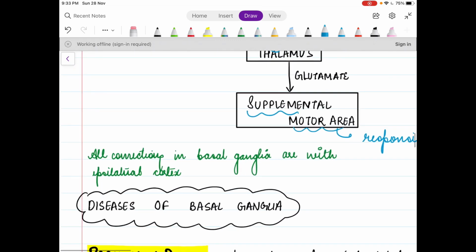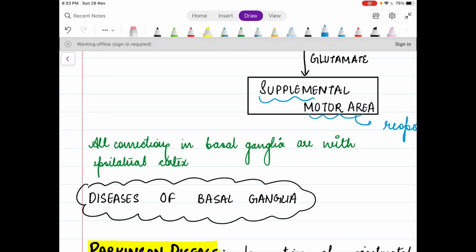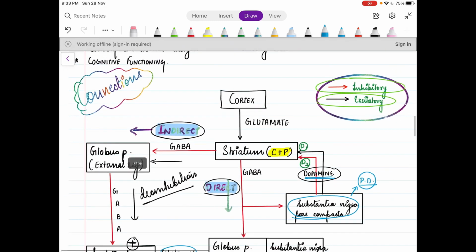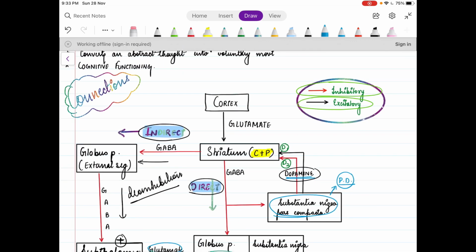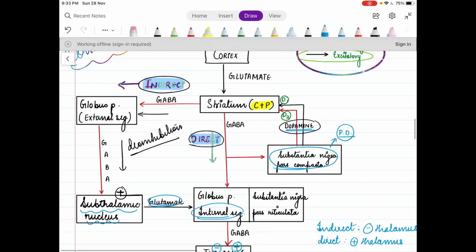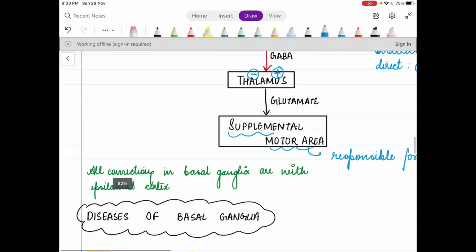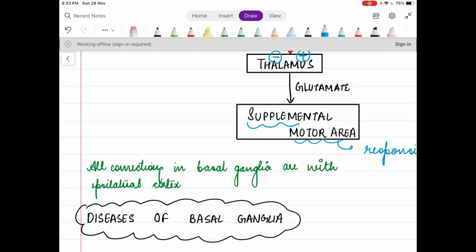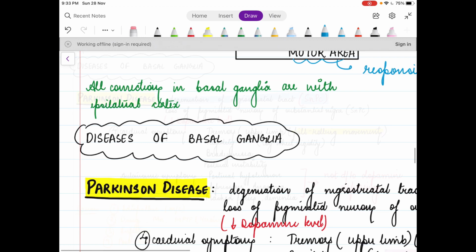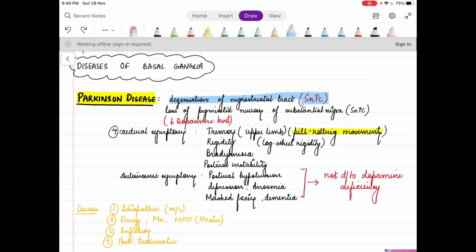Now I need to focus on the fact that all the connections in the basal ganglia are with the ipsilateral cortex. That means if we are talking about the left cortex, then we are talking only about the left basal ganglia and not the right basal ganglia, or vice versa, which tells us that the connections in the basal ganglia are always ipsilateral. Now let's talk about the diseases